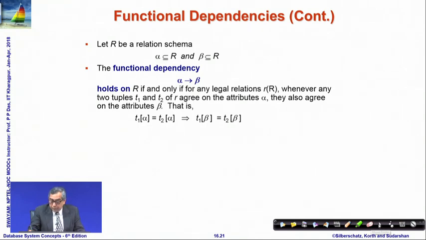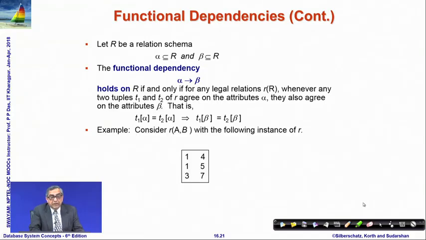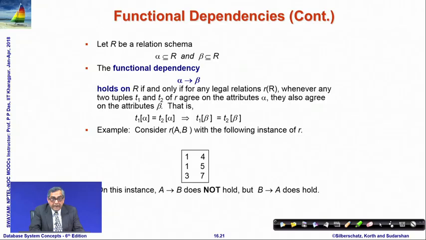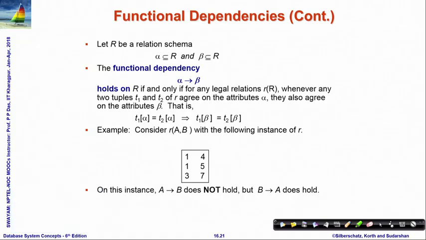Consider this: if you take a relation, a schema with an instance as given here between 2 attributes A and B, then, given this instance, we still do not know what happens for all instances of the schema, but on this instance we can say that A functionally determines B does not hold, because between the first and the second record the value of A is the same, 1, but the values of B are different, 4 and 5. But we can certainly say that on this instance at least B functionally determines A holds,